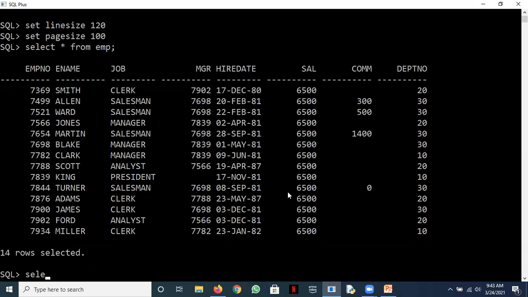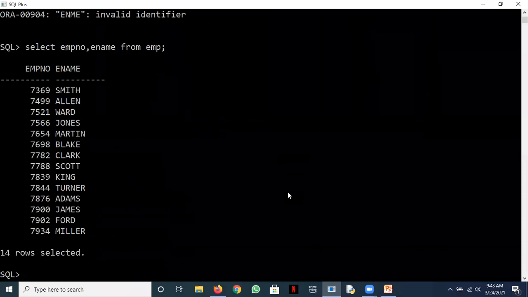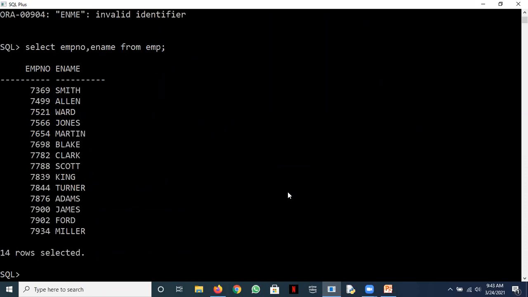If I wish to display only the employee number and the ename, then obviously we will get only these two columns. So select followed by the column names would display only those columns. Select followed by a star would display all the columns.